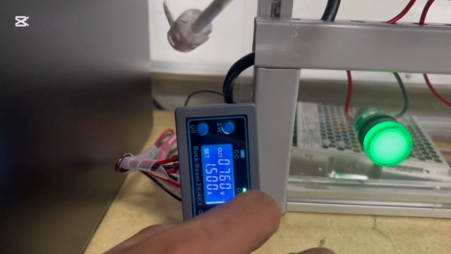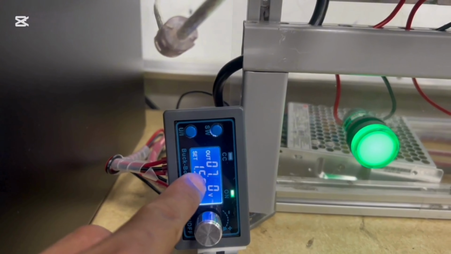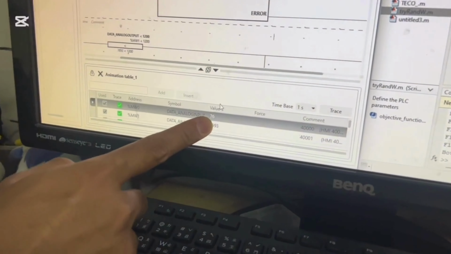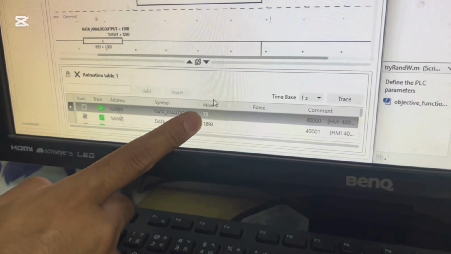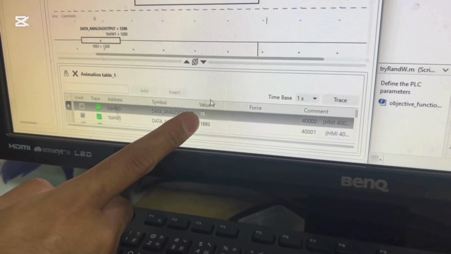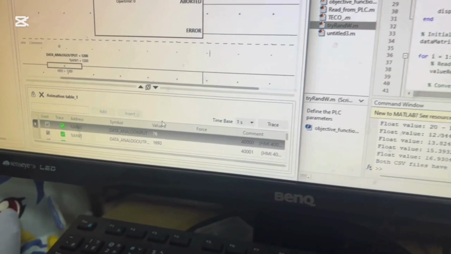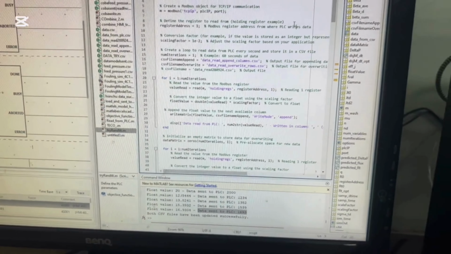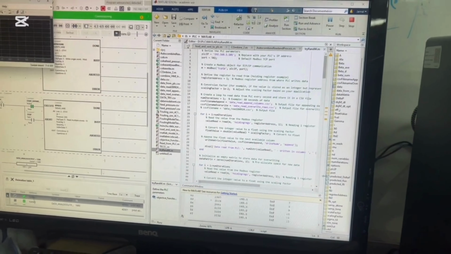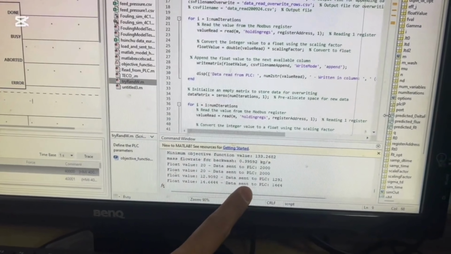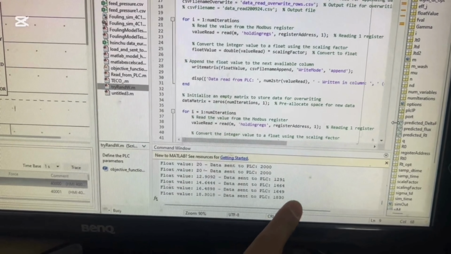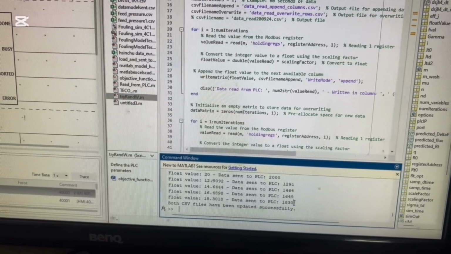And I will try to choose 7.6 volts. And we can take a look in here. In this part, the value is 75 or 76. Okay, and go back to MATLAB. I will also run the MATLAB modeling. In this part, the MATLAB modeling will choose the 5 best parts, and the last best part is chosen for the pressure estimate.